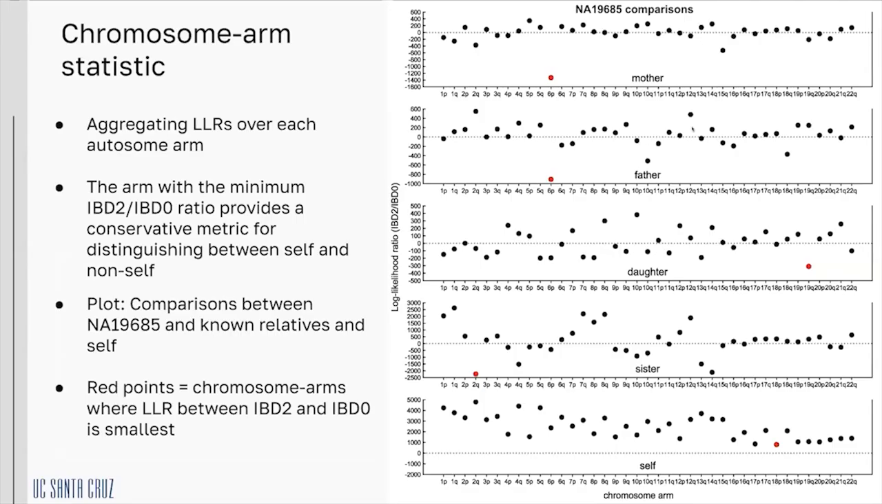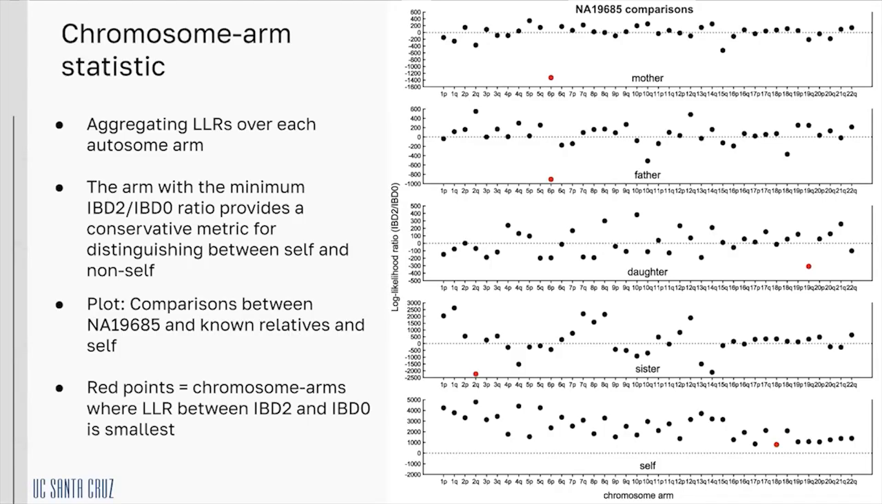And next, we wanted to see if there is a good way to create a single, more useful metric for differentiating between positive and negative comparisons from IBD-GEM for reporting purposes. To do this, we propose aggregating the likelihood ratios across each arm of each autosome. Then the chromosome arm with the minimum likelihood ratio would serve as a conservative metric for telling apart same and